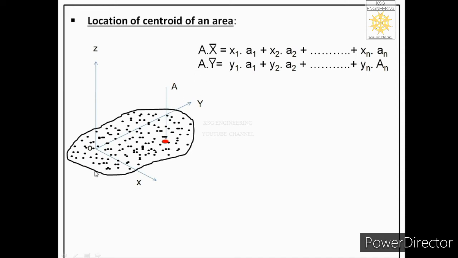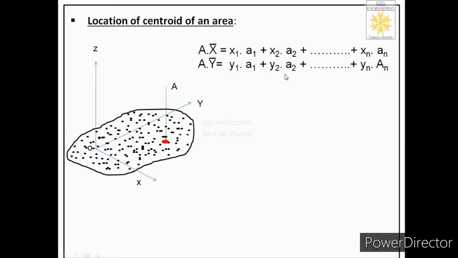So if you have to find the moment of the whole area about the y-axis, it is equal to the sum of the moments of all the small areas about the same axis. So we got this equation. Then similarly, if we want to find the moment of area about the x-axis, that will be equal to the sum of the moments of the small areas about the same axis. So from that we got this particular equation, where y1, y2 represent the distance of areas A1, A2 from the x-axis, and we have done this for all the areas, that is n number of areas.